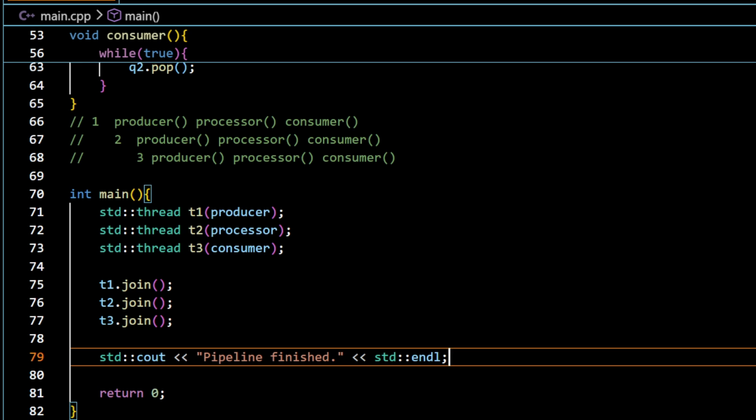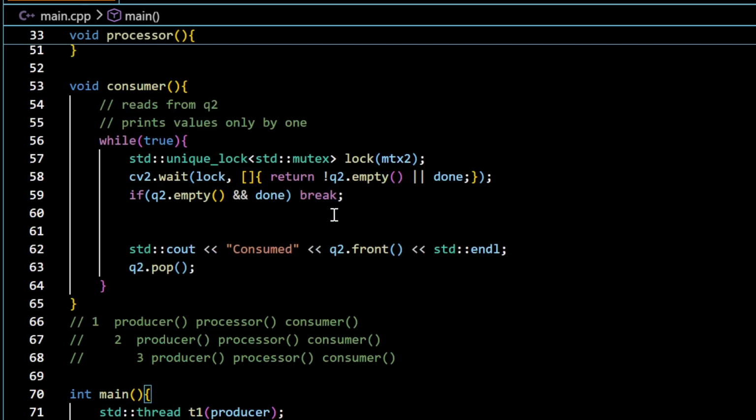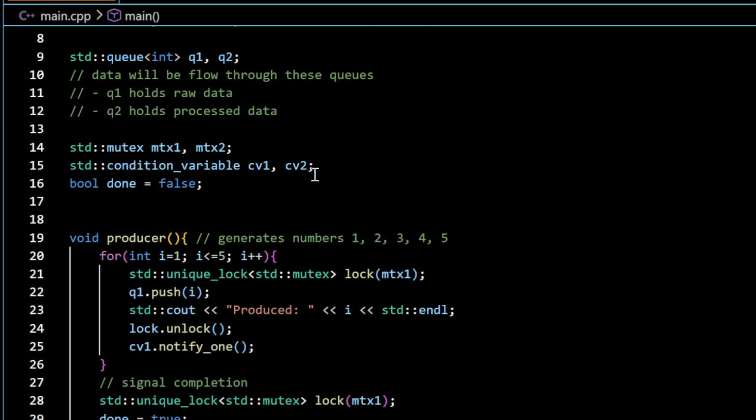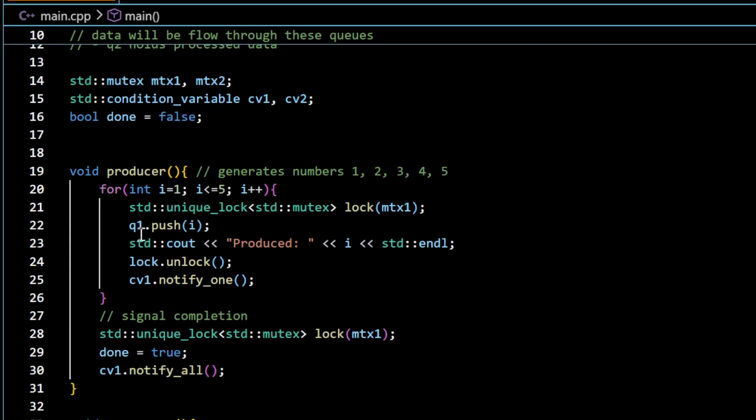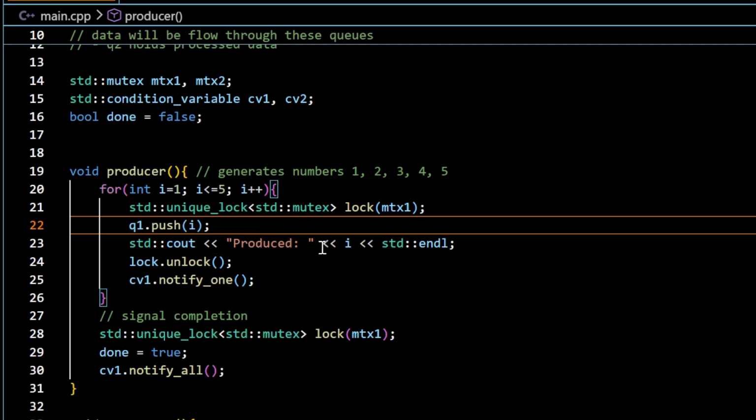So let me take a quick look into it again. We have two queues, producer push I is created through this iteration, and the push and displayed, and then unlock